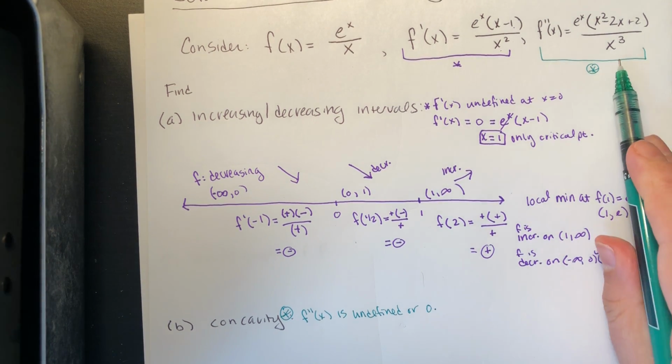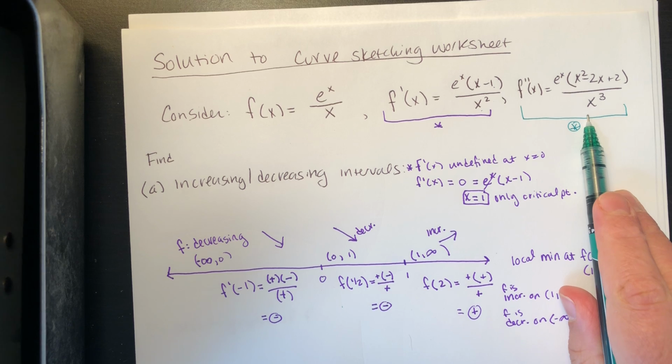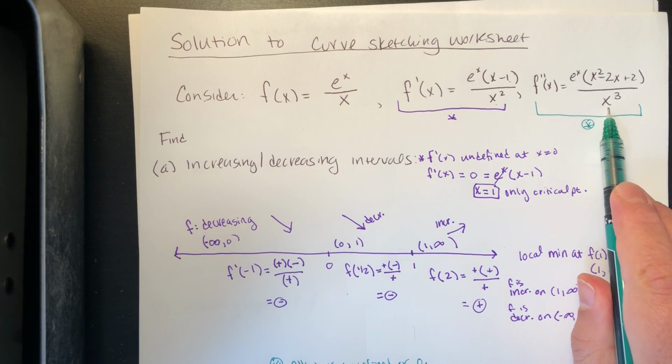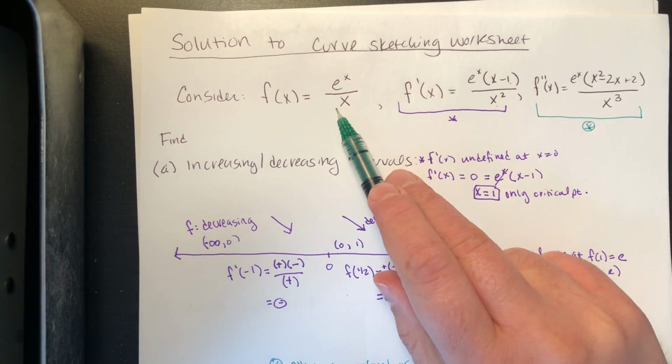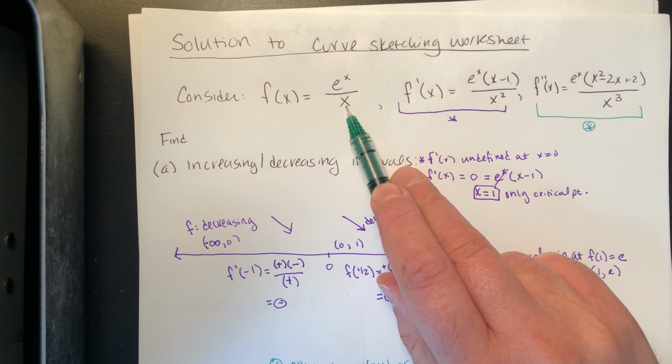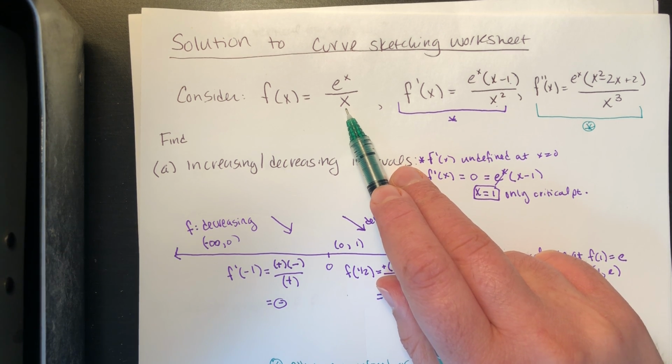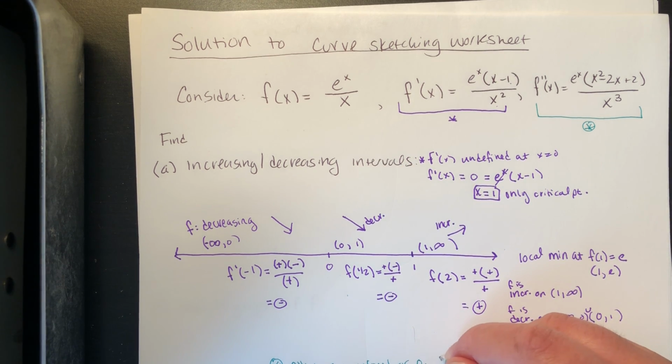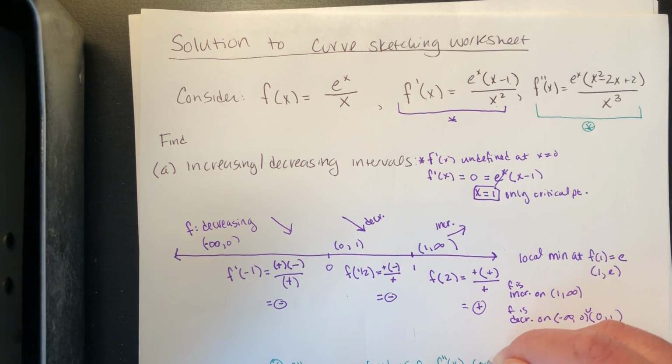Well, f double prime is going to be undefined at 0 again, when x is equal to 0. But just like before, x equals 0 is not actually in the domain of your function, right? Because you get a 0 in the denominator here. So it can't really be an inflection point, but you could still be changing concavity there if you had an asymptote or a hole. So we have f double prime of x could change concavity